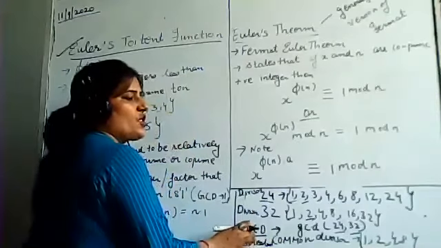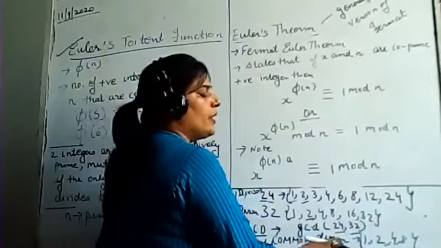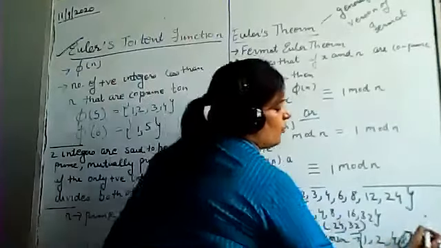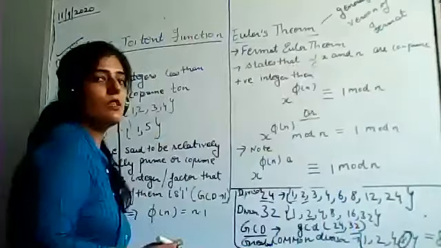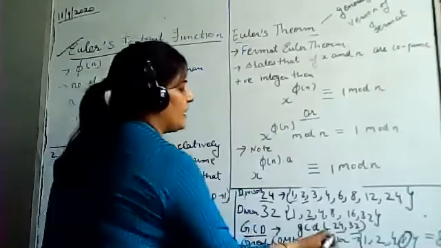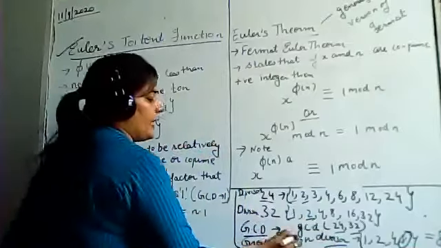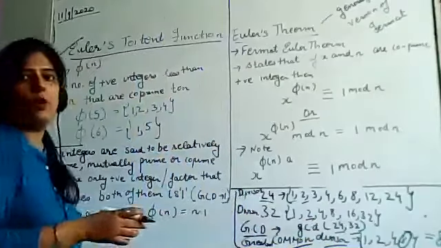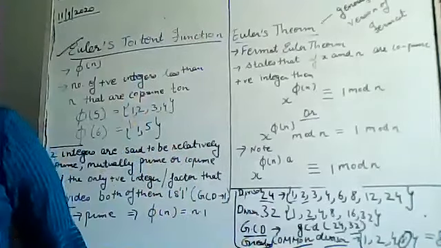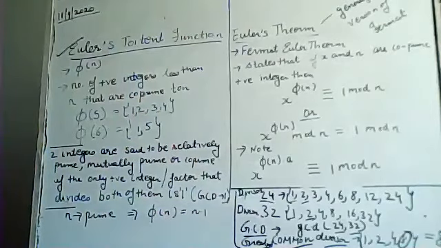So what is the definition of GCD? Greatest common divisor. Which number is greatest? That is 8. So what will be the answer? 8. This is how we calculate the GCD, that is the greatest common divisor. First of all, we find the divisors of both the numbers. Then we calculate the common numbers that belong to both the sets. And then we see which number is the greatest. Clear? So this is how we can calculate the greatest common divisor. I hope this is clear to you.